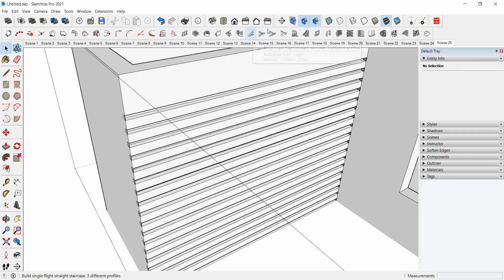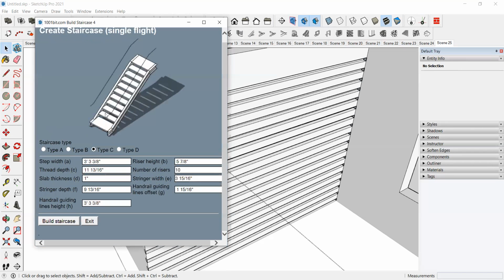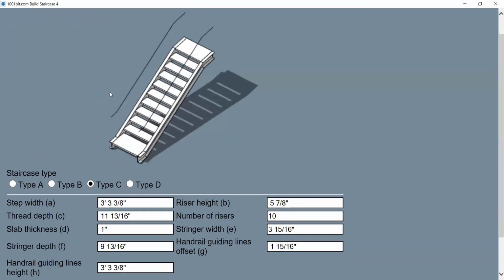So next one is making a flight staircase. So it means only one direction it will go. So that is like this. So in this we have 4 models: type A, type B, type C, type D. Okay, you can see the type 1, type 2, type 3 here.